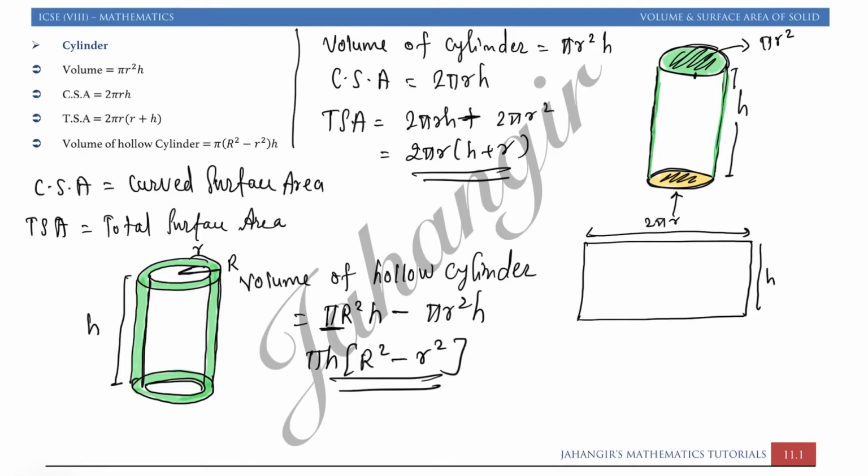The last 3-4 sums are in your syllabus. That's it in your text, these questions. Rest all is related to circle. You have to learn the main three formulas: volume of cylinder, curved surface area of cylinder, and total surface area. Curved surface means only the side surface. Total surface means the side surface as well as the top and the bottom circles of the cylinder, that is, the area of the circle.